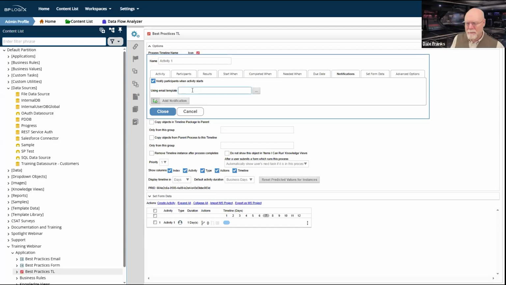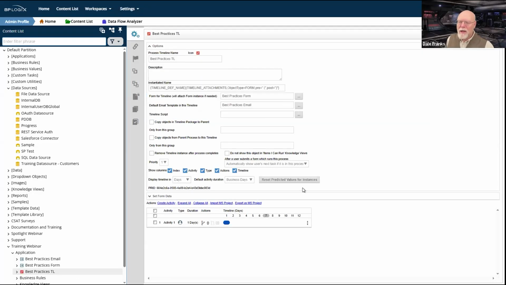I see a lot of times that customers will create 2, 3, 4, 5 email templates, and then first of all, they have to create 5 email templates, which means that on every single activity, they have to go to the notifications tab and add a separate notification and change the email template each time for each notification. That's a lot of extra work. Technically, it's unnecessary. Technically, I can get away with a single email template to do all of that.